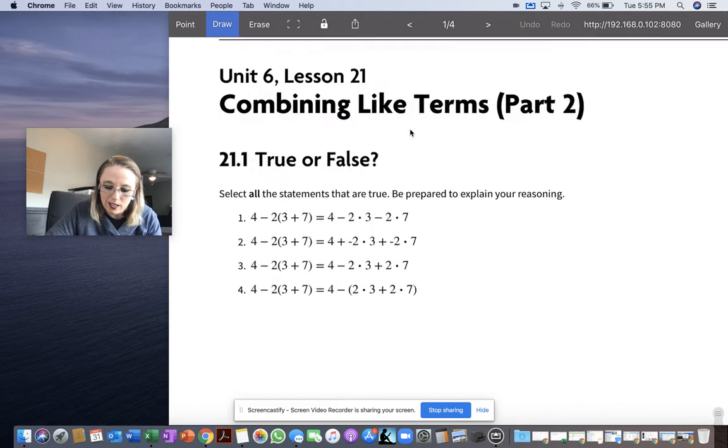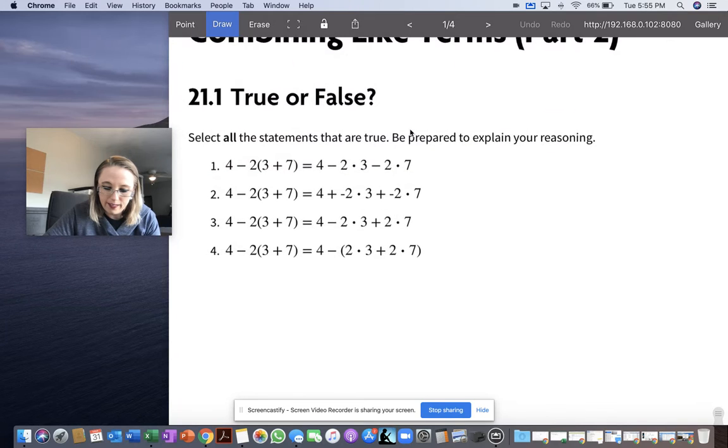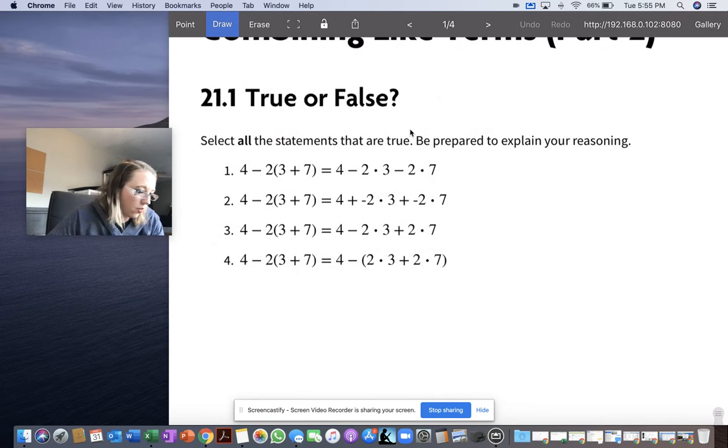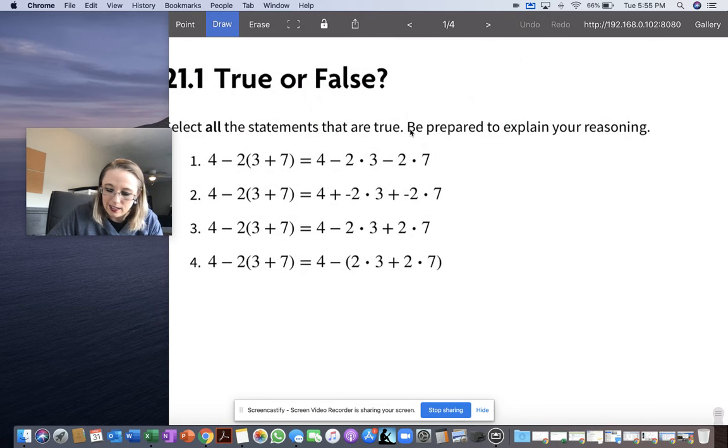And we're going to start with 21.1. Okay. So here it wants you to select all statements that are true. So the first one, think about that one for a second. You're going to distribute this through. See what you get. And it is true